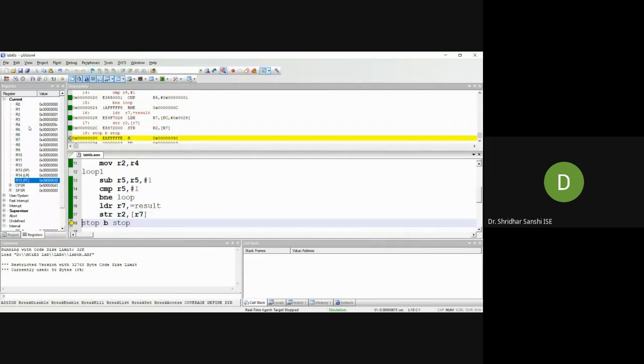Yeah, so the smallest element in this array is 1. You can see that 1 is loaded into register R2.